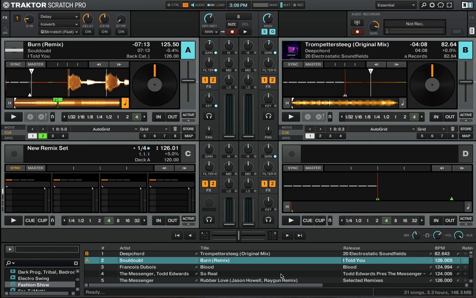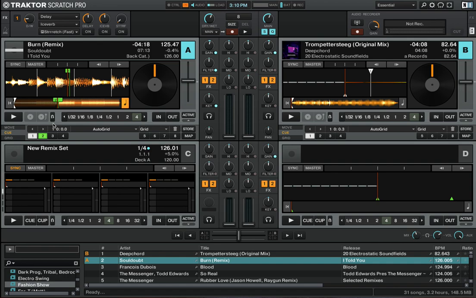So what I do is I go to a part of the song where there's maybe a breakdown or a build-up, where there's not that doof, doof, doof happening. The kick drum drops out or something like that. So in this track on deck A, I found a spot that really works out pretty well right here. This is just a little part of the breakdown,